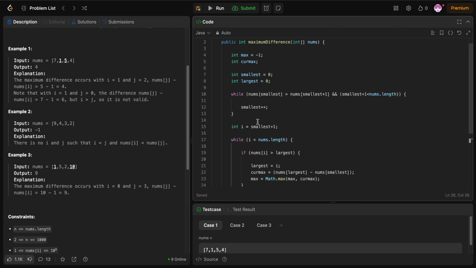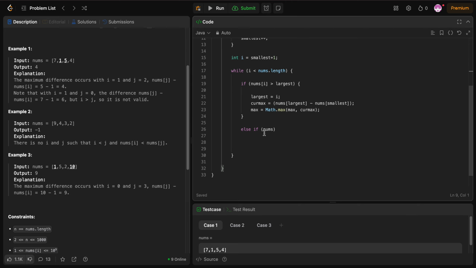okay, let me just see where I'm at right now. So, while nums at smallest is greater than nums at smallest plus 1, and smallest plus 1 is smaller than nums.length, smallest plus plus, okay. So int i equals smallest plus 1, so while i is smaller than nums.length,